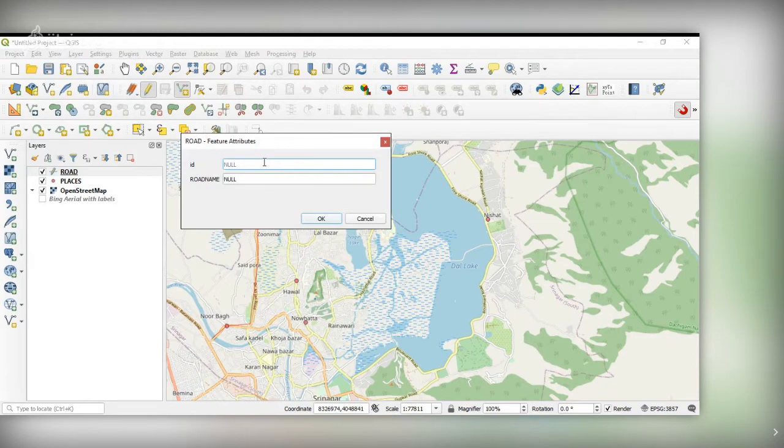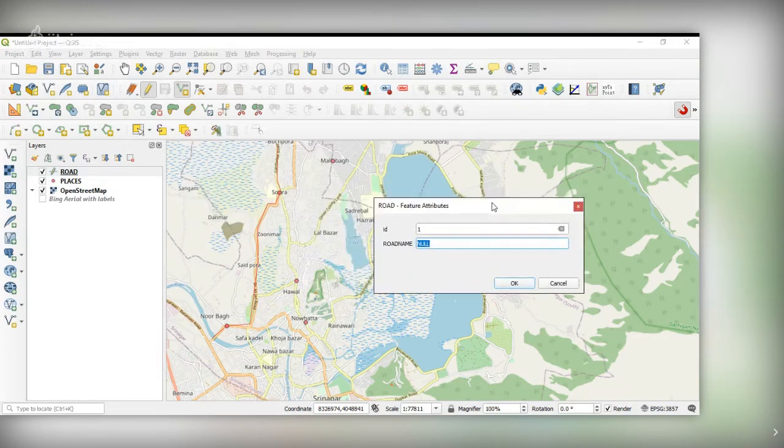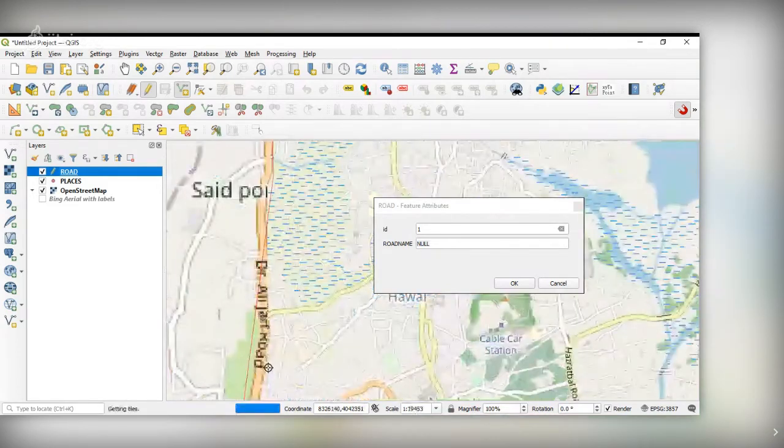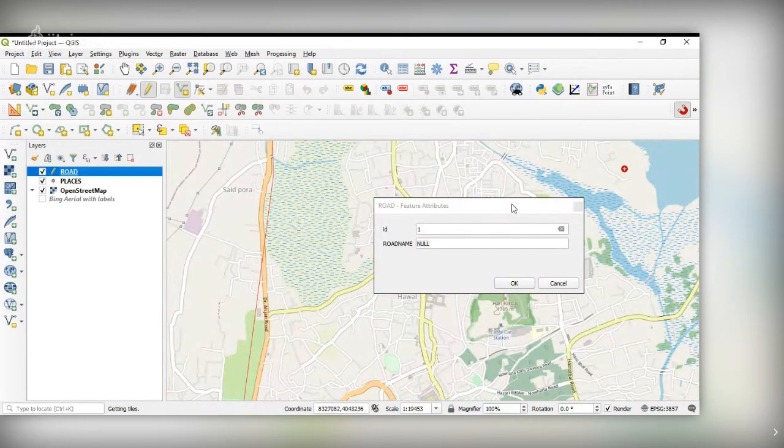This is 1 and road name is Nurburg. Yeah, Dr. Ali Jan road.